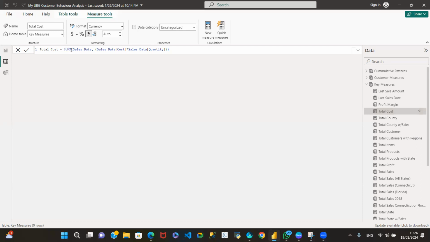If I go into what that SUMX is talking about, let's just say we are looking at sum here. When I said sum, like Excel, it will give you an argument, telling you what you need to put in. In this case, what table are you trying to sum something from? I put this sales data table, and then it's asking, what exactly are you trying to sum? And here I'm saying, multiply sales cost by sales quantity, and just total all of that up for me